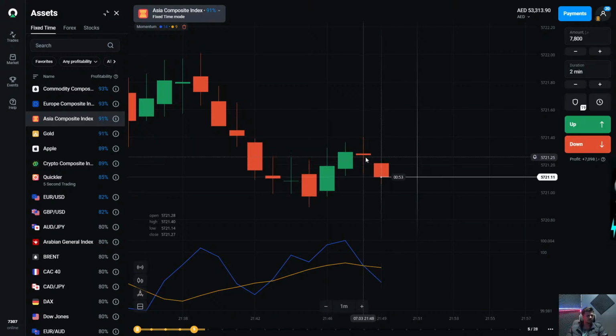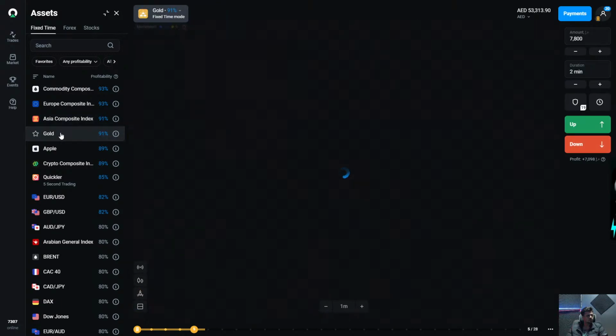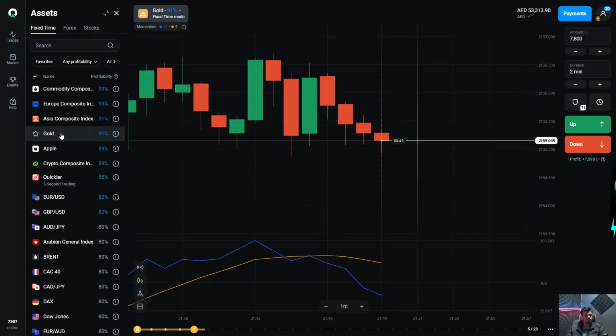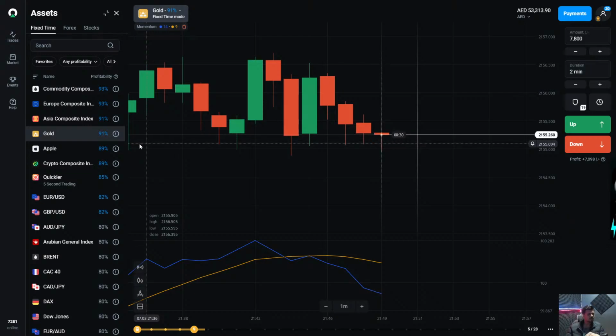It's again moving to the downward. Gold is moving downward, downward, downward, and downward from the last 1, 2, 3, 4, 5, 6 minutes. It's just moving to the downward. I skip the green one, which just went towards upside for 1 minute. After that, overall, it came back to the downward, and still it is just moving to downward.